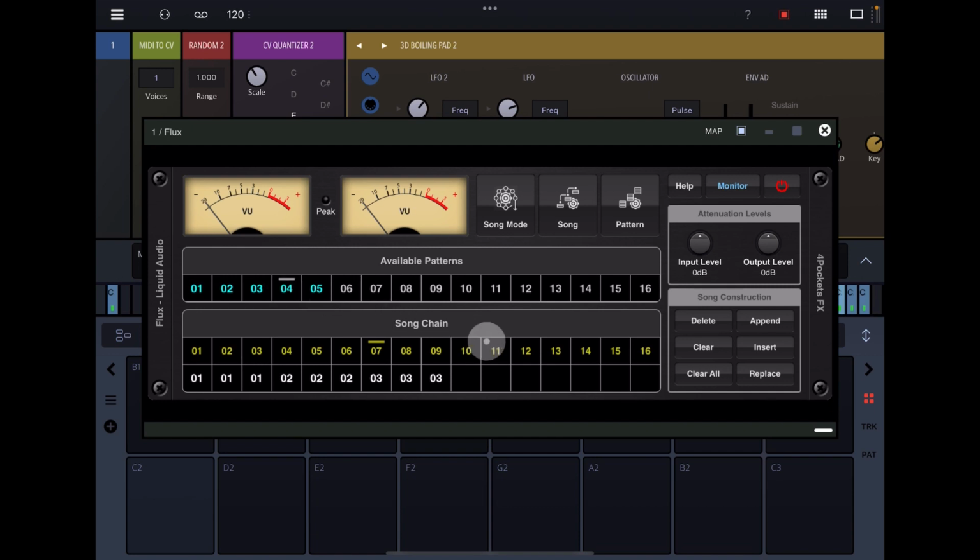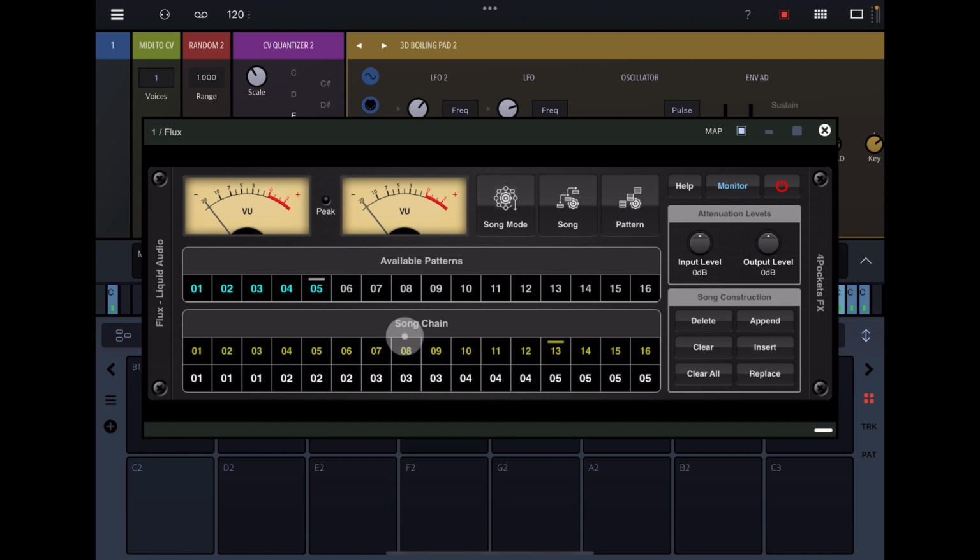Then we'll go to pattern number 4, go there, and choose a pattern, insert that. And then on number 5, we'll go to song chain 13, and then we'll insert number 5